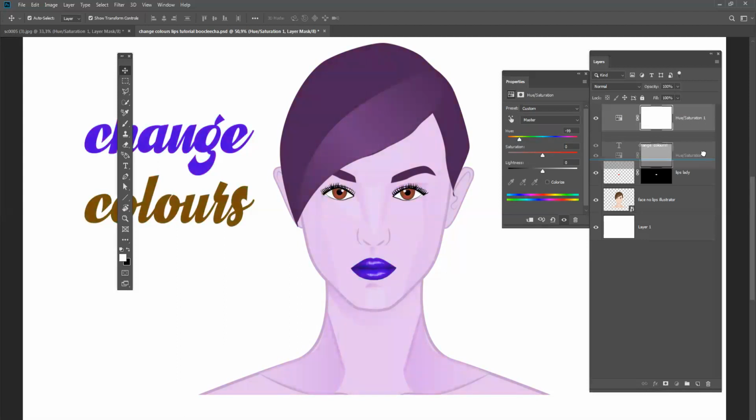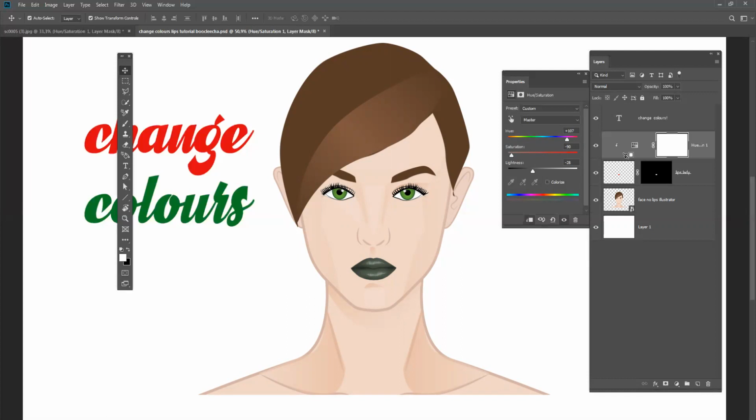We will drag and drop upon the lip layer and then we will stick them together. How? With this button, clip into the layer. Now we can change the saturation, the lightness of only the lip layers. It's clipped. Also, I do this by pressing the Alt key from the keyboard, and when you bring your cursor